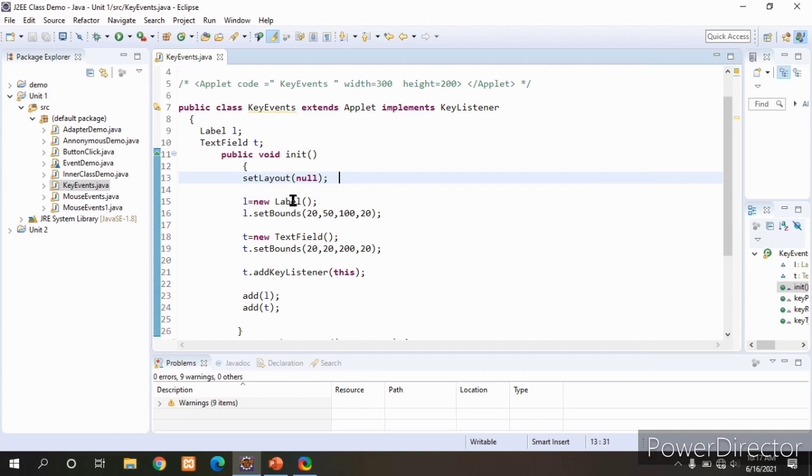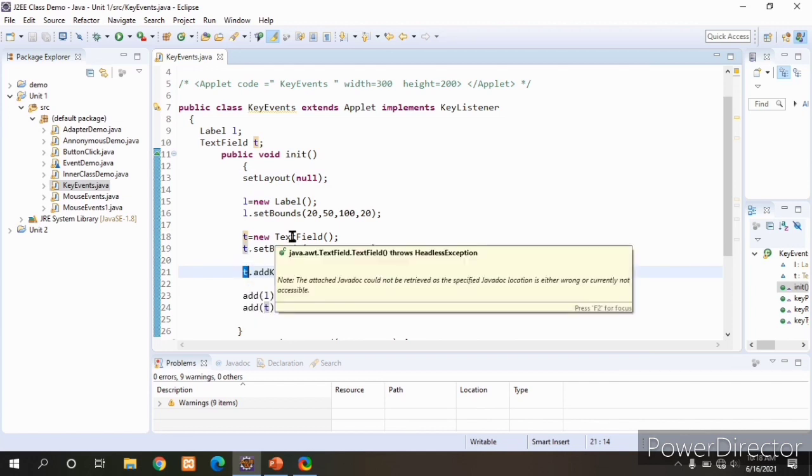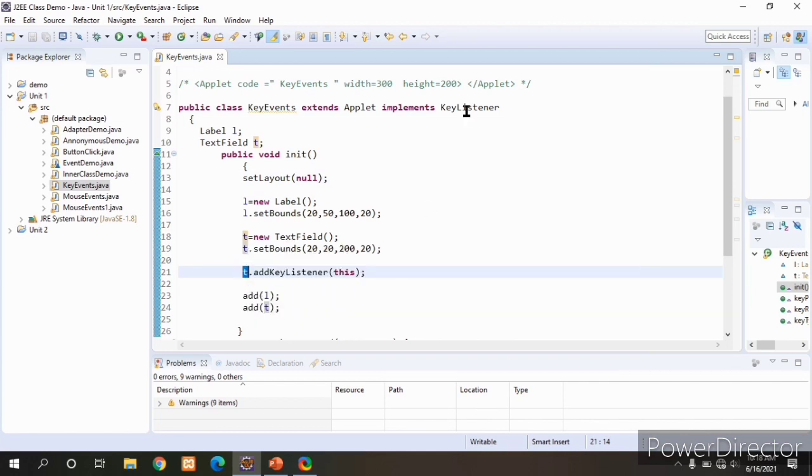I am creating one label, and for that I am setting the bounds: x-axis, y-axis, width and height. Next I am creating one text field, and for that text field also I am setting bounds. When I type characters in the text field, the event will be generated. So using the text field object, I am registering this event source to the key listener.